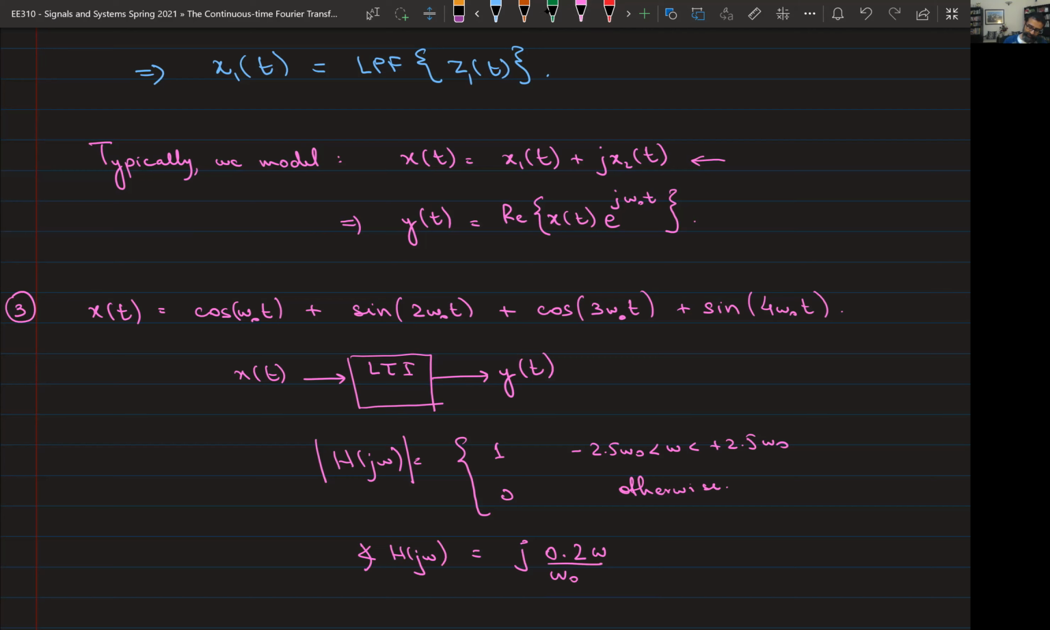And why is the phase linear? Let me make that explicit. Because the phase linearly increases as omega increases, right? So that's why we say the phase is linear. Now the question is, okay, what is the output,